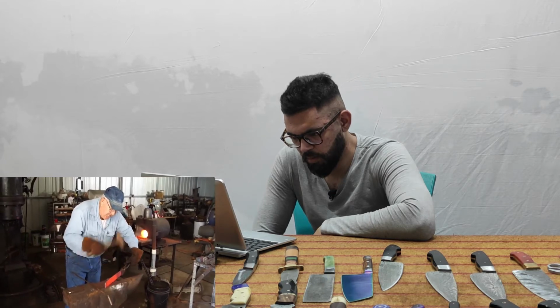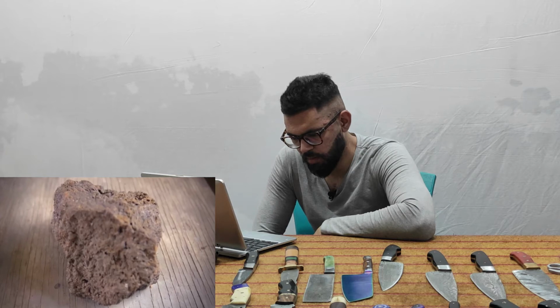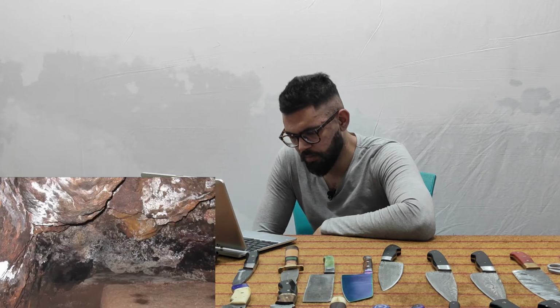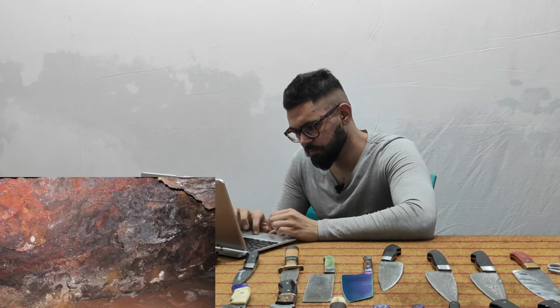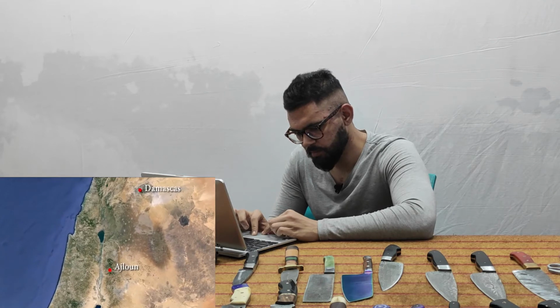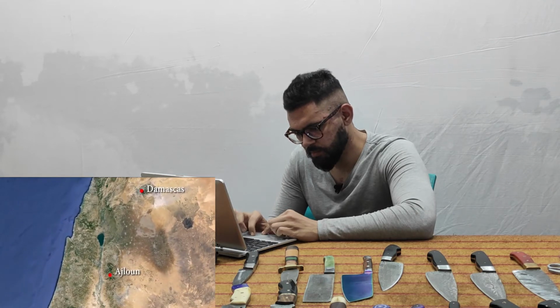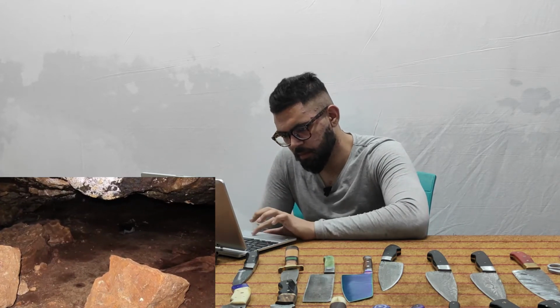Although he had previously achieved considerable success, Al was intrigued to work with a new ore. Every ore has a unique elemental composition and presents its own challenges. This ore came from a mine in the north of Jordan, the Wadi mine, near Ajlun, which is a mere 87 miles from Damascus. It is a mine that has an extraordinary